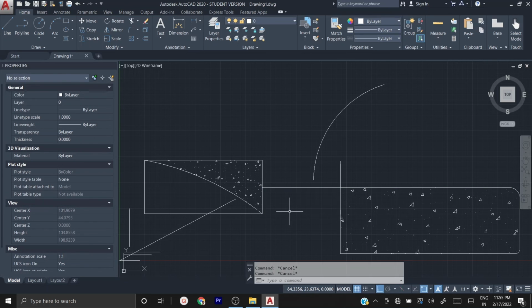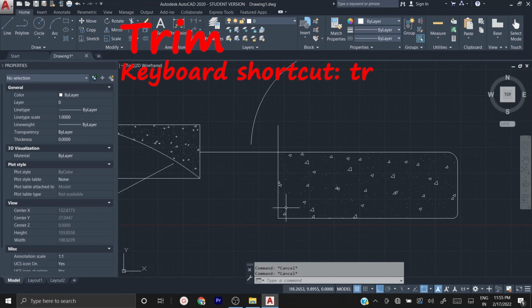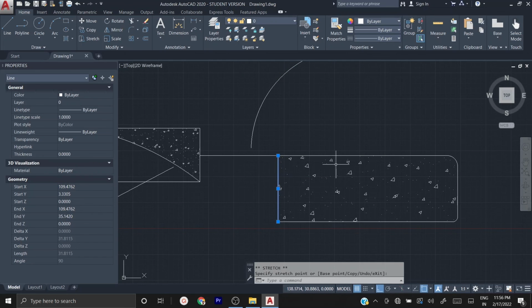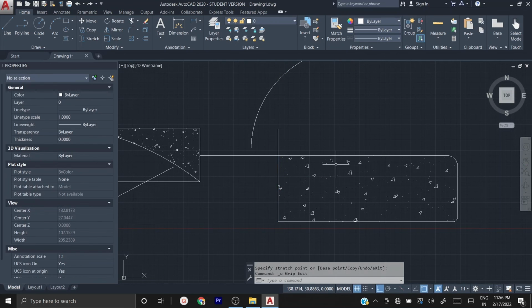Or if you want to trim, suppose this is my rectangle and these two lines are extra lines which I don't want. Every time you can't select and stretch, that is, click this end and move down and click to this. Every time this is not possible. It takes more time. So if you want to work quickly or erase those extra lines quickly, then trim is the best option.